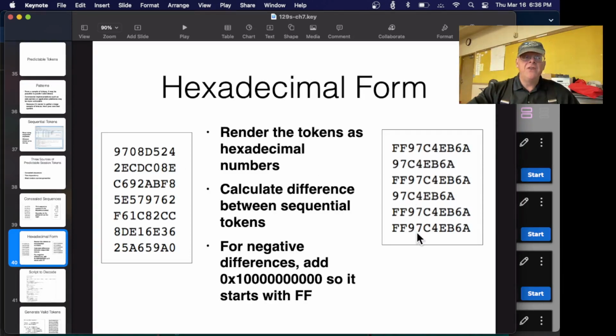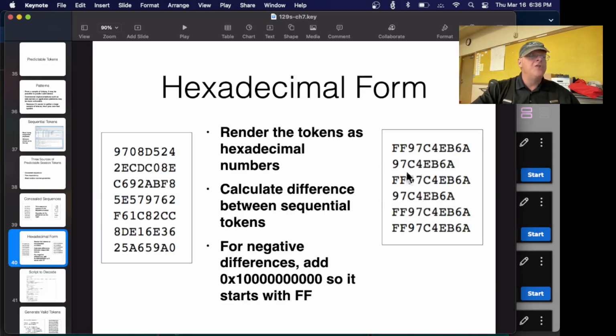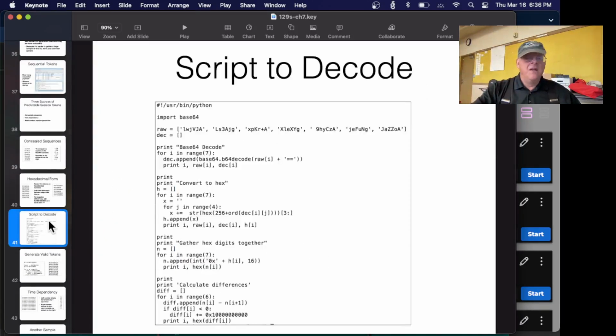A bunch of them have the same distance, same difference, and when they don't have this 97, they have an FF followed by the same number. So this is actually just adding a fixed constant to a number and then keeping only the lower digits. It's wrapping around. This is basically a straight line. So you can just generate these, and you can even write Python code that will do it. All you have to do is keep adding this constant amount to the number, and then keeping only a certain number of bits on the right, like the right 32 bits or something. So that's a way to make something that looks random, but it isn't really random at all.